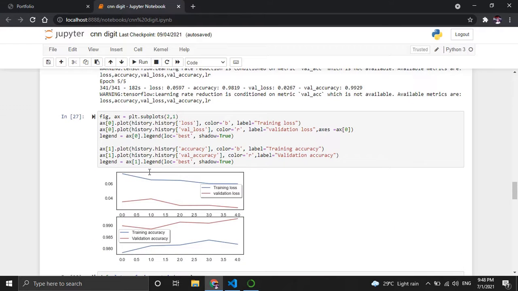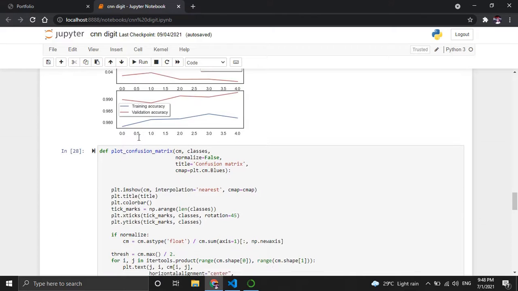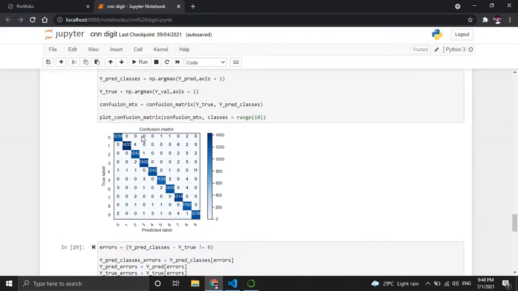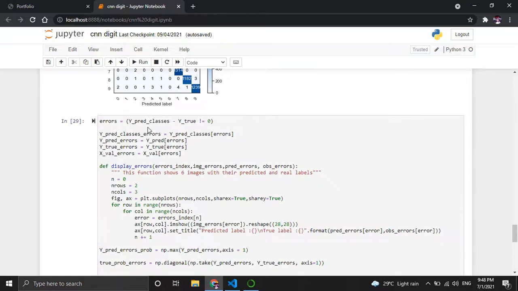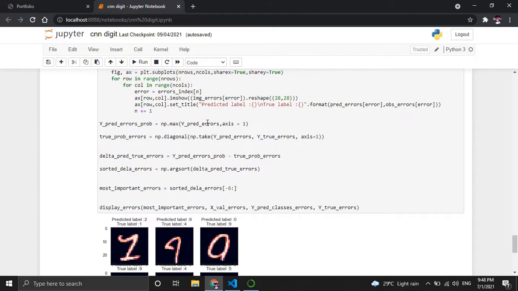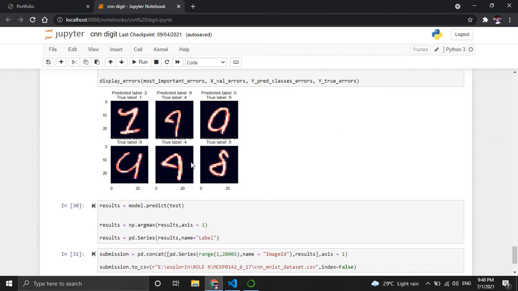This graph shows how our testing and training data set has been going through, and it is the confusion matrix. Till here we have predicted the values and come to the outcome.